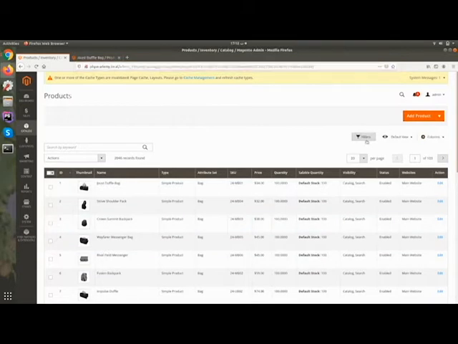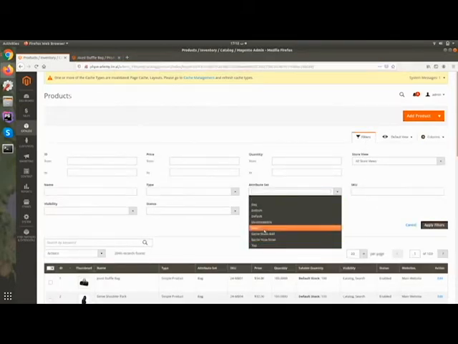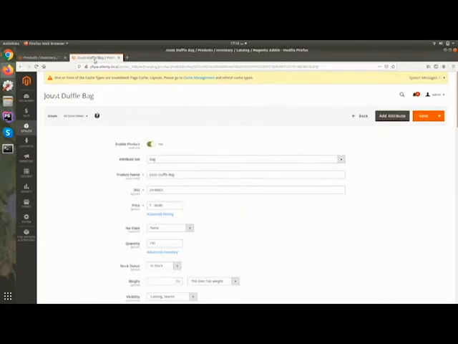You can filter the products by attribute set. If you want to filter by fashion or by electronics, it will be easy for you here. And you can also create different attributes and assign them to a particular attribute set. For example, if you are selling t-shirts, this type of product will have a different set of attributes.